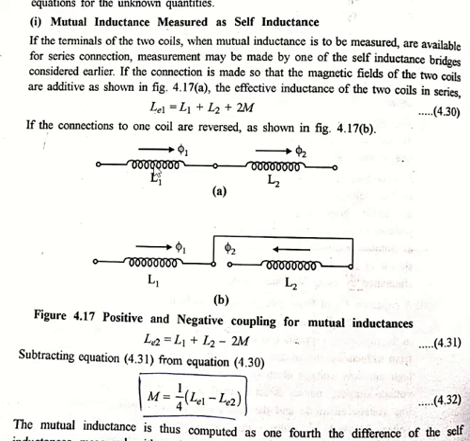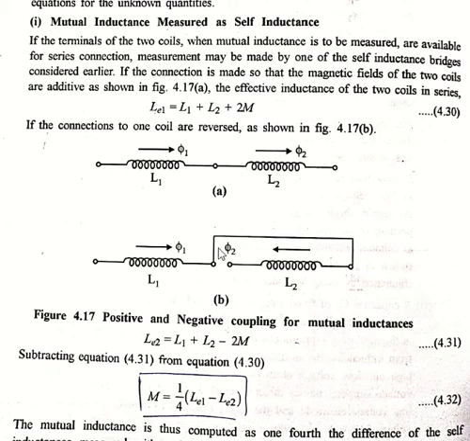So here we have taken two coils, coil 1 and coil 2. The flux in L1 is phi 1 and the flux in L2 is phi 2. Now the connection is such that both the fluxes are in the same direction. So this is an additive magnetic field, and both coils' fluxes add. So the effective inductance will be equal to L1 plus L2 plus 2M, where M is the mutual inductance between the two coils.